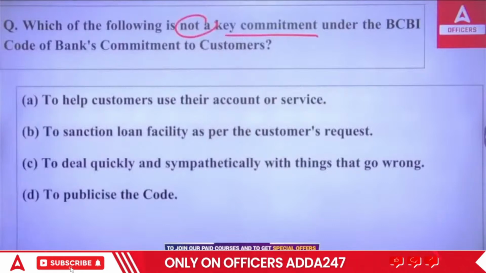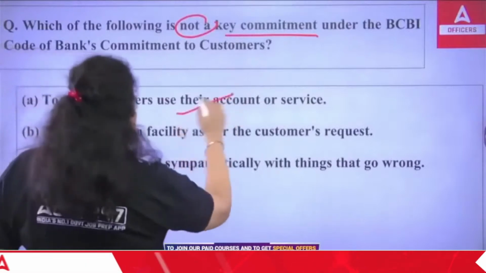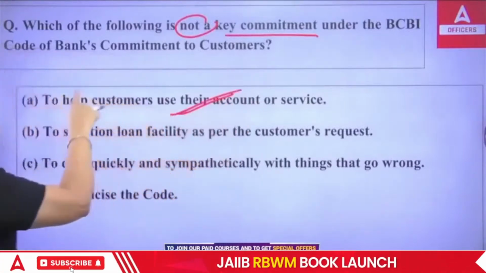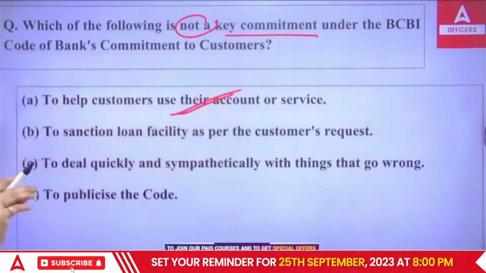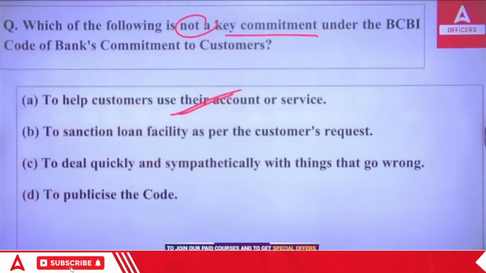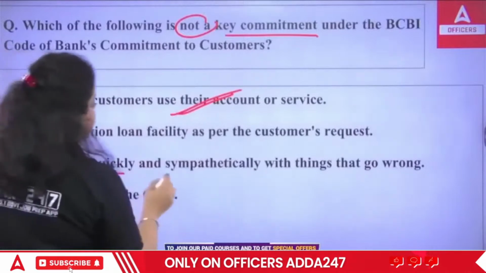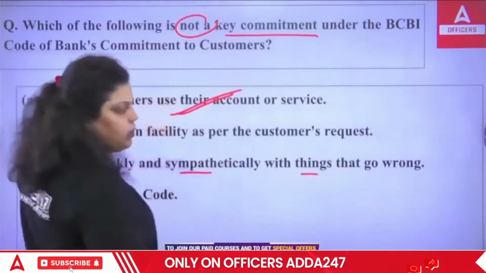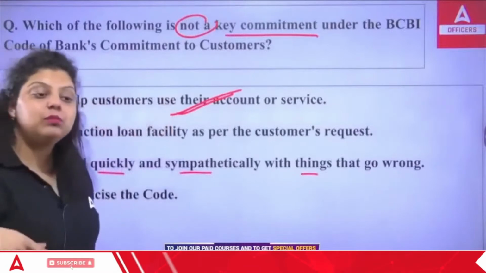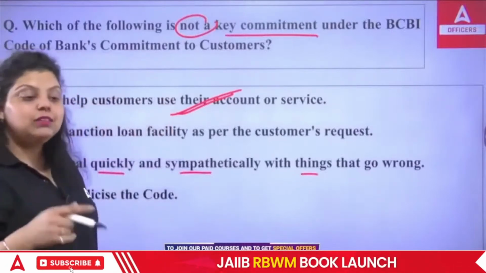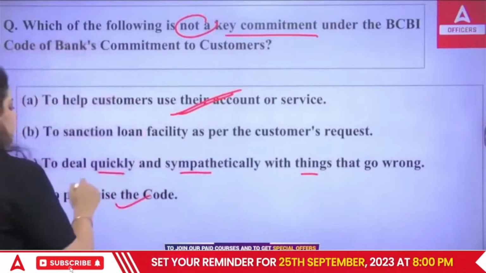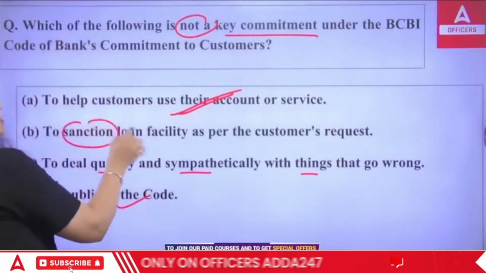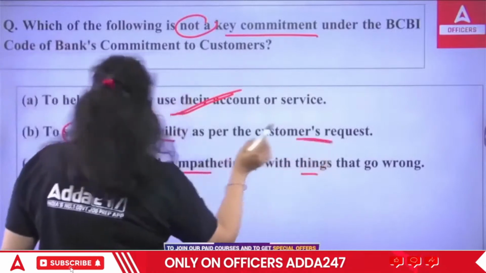So to help customer use their account or service, this is the commitment that bank have towards the customer. They have to help customer to use their account and the services they are taking from the bank. Third is to deal quickly and sympathetically with the things that go wrong. Obviously, if something went wrong, if customer has faced a certain loss or problem, you have to help out the customer. Publicize the code, this is true, but to sanction loan facility as per customer's request, this is not a